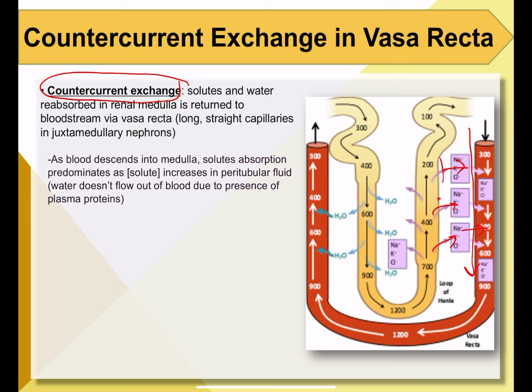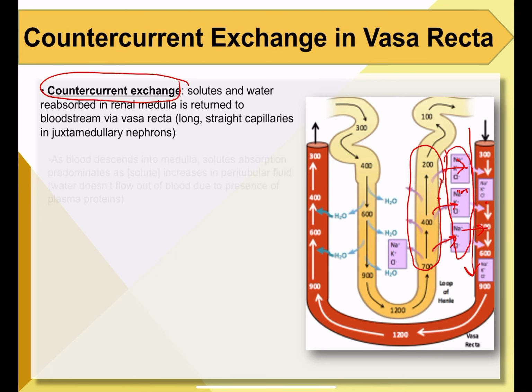Remember, this ascending thick limb of the loop of Henle only allows ions to pass through, not water. So what's abundant in this peritubular space or fluid here is ions, okay? And hence all those ions are in high concentration on this side versus in your blood, so they just flow right into your vasa recta based on concentration gradient differences, from high concentration to low concentration, okay? Now,